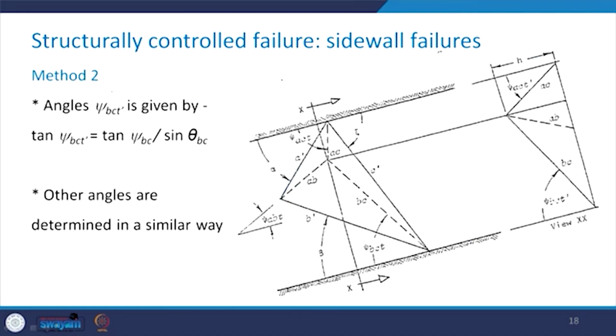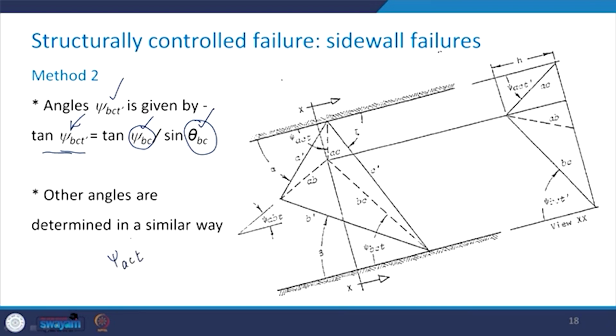Now this angle psi BCT prime is given by tan of psi BCT prime is equal to tan of psi BC divided by sine of theta BC. We know psi BC, which we have already obtained, and we know theta BC also. So we can determine psi BCT prime, and similarly we can get